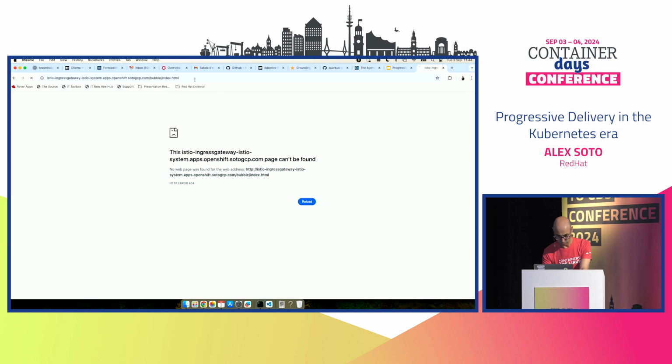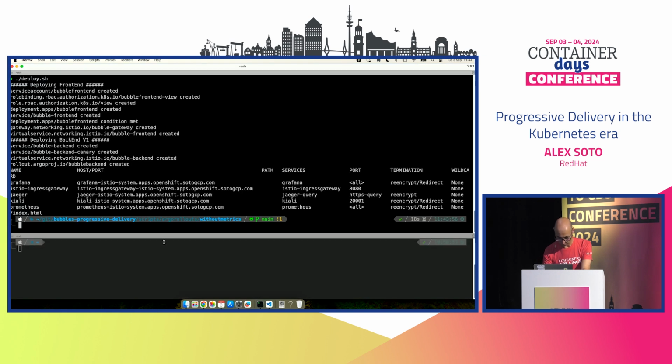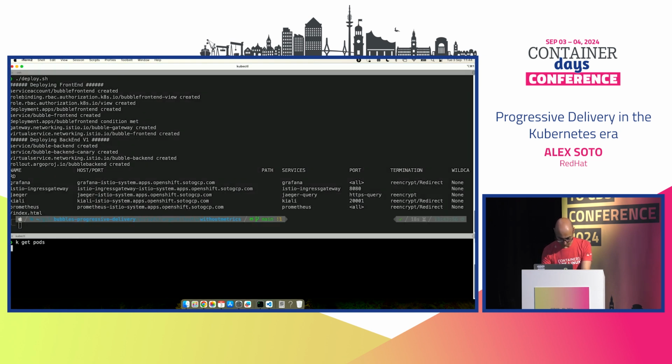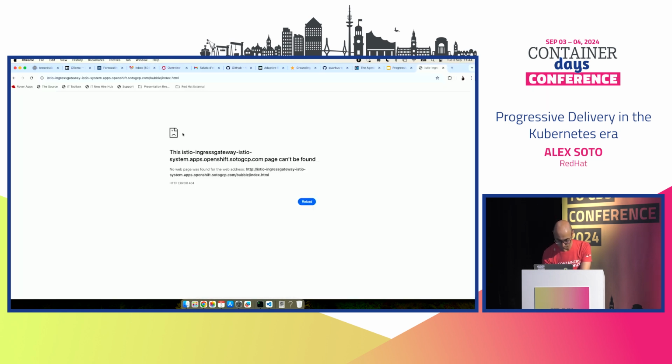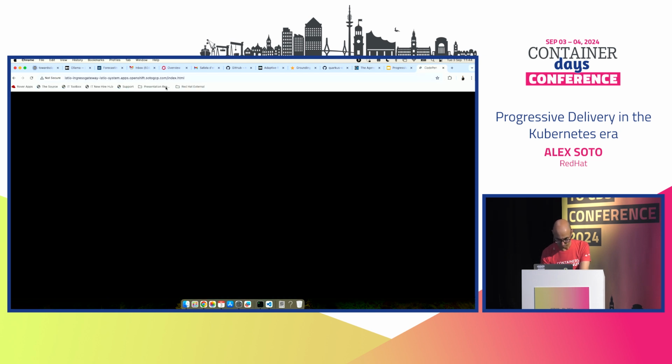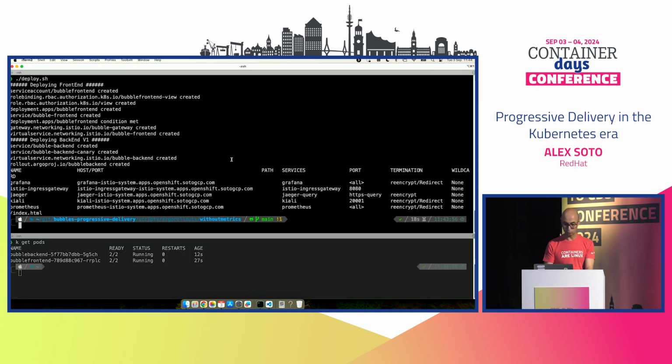Let's say, okay, get pods, maybe they are running. Okay, in theory, it's the same. Okay, now I've got only the version 1, and when I want to do a rolling update to version 2,